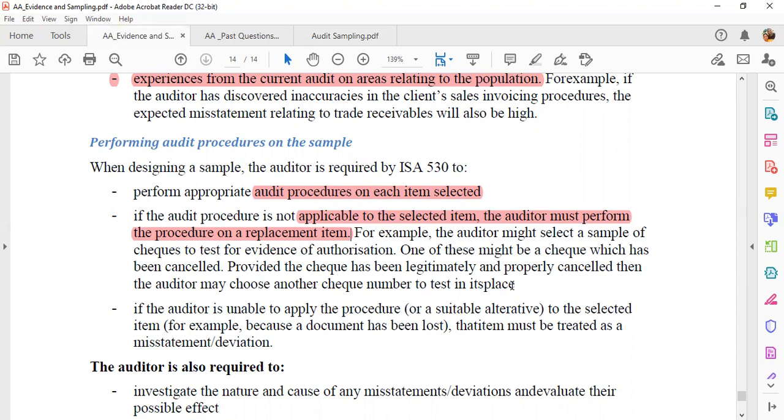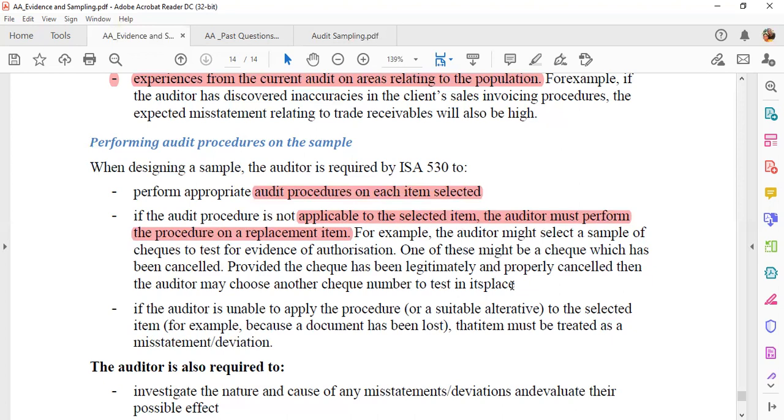If the audit procedure is not applicable on the selected item, the auditor must perform it on a replacement basis. The selected item now is a check. I'm checking this particular check for authorization and approval. But this particular check number has been cancelled. What are you going to do now? The auditor must perform the procedure on a replacement basis. If check 101 is cancelled, I want to check 101 for authorization and approval,